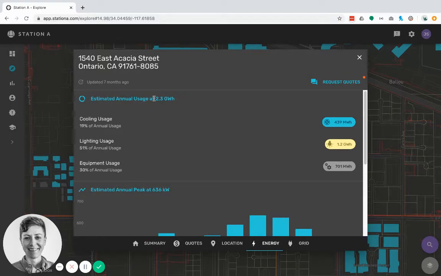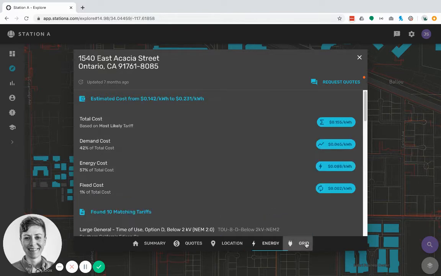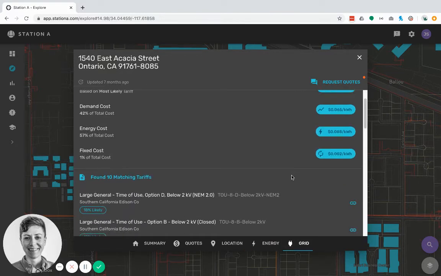One is the estimated annual electricity consumption at the facility, which in this case is 2.3 gigawatt hours per year, and estimate the annual peak of every facility. And again, we know exactly where that building is, so we know what utility serves it. And once you know the utility, the consumption, and the peak, you're able to match a building with a likely